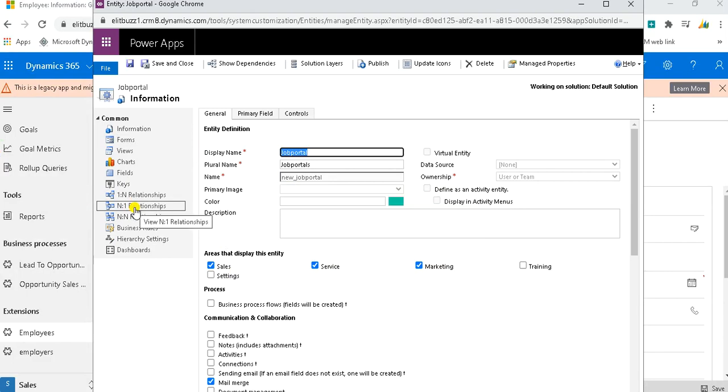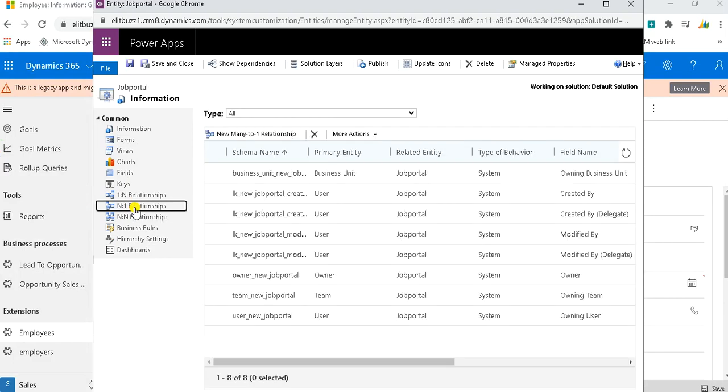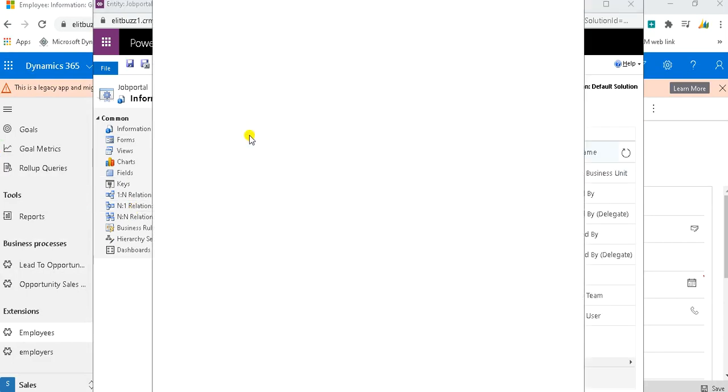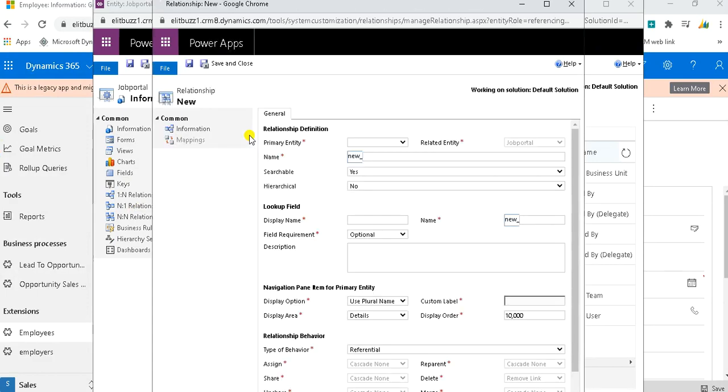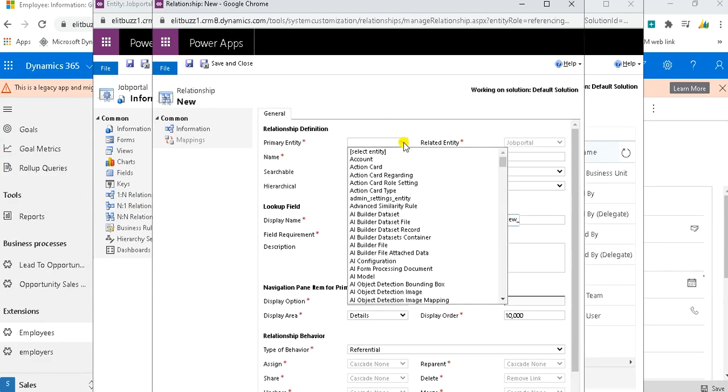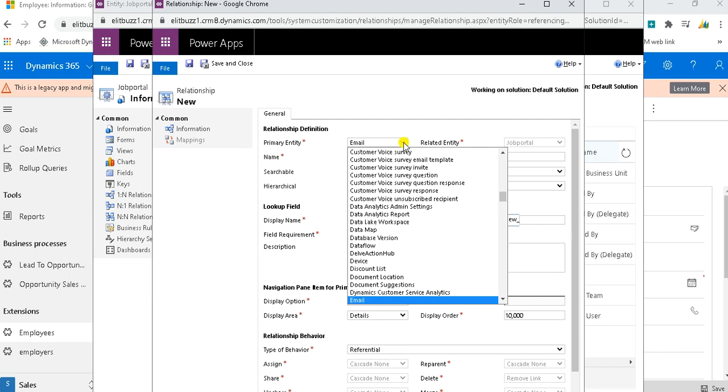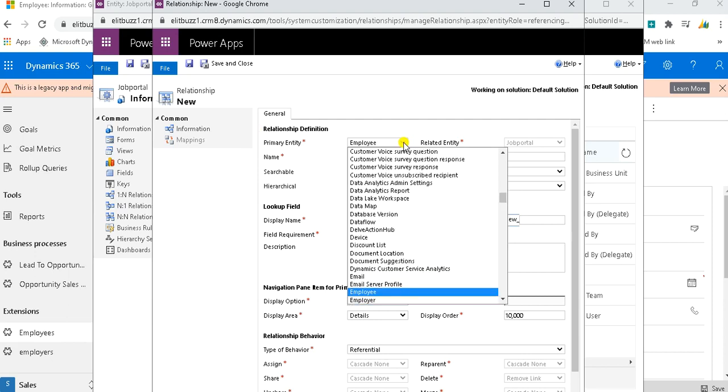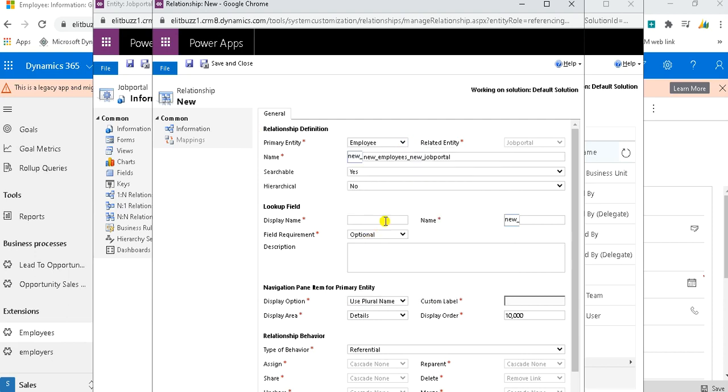I'll go to NS2N relationship. Here I'll create NS2N relationship where first primary entity will be employee. Okay, and the employee name.